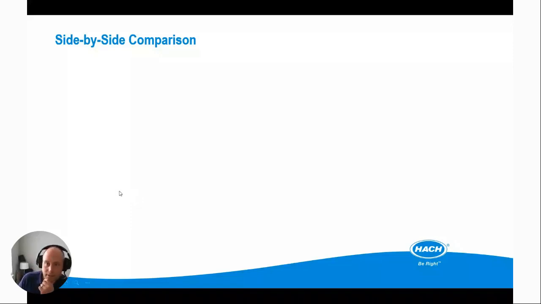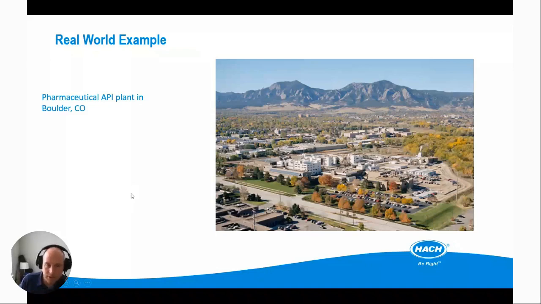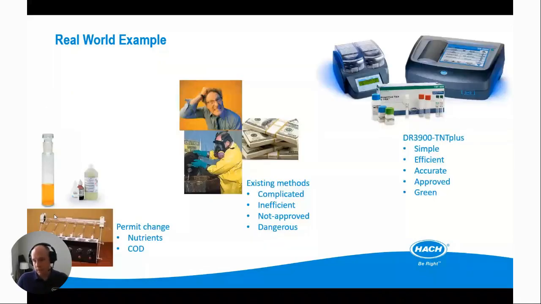So I wanted to share a little story about a customer that I was able to help recently. This is a pharmaceutical plant here in lovely Colorado. The wastewater and facilities manager contacted me because they needed an EPA approved way to measure nutrients for both process monitoring and for reporting, because they had a permit change. They hadn't previously been looking at these things, and they started Googling around, like, how do I measure total Kjeldahl nitrogen? How do I measure ammonia?